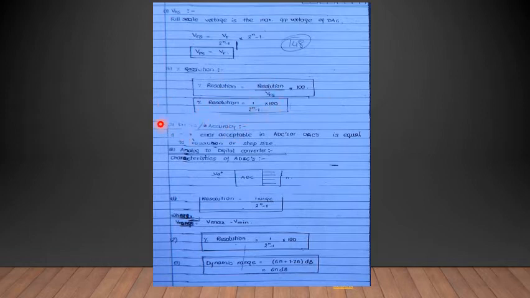So what do you mean by error or accuracy? It is the error acceptable in ADCs or DACs, both equal to resolution or step size, because that is the minimum possible error which will happen in digital to analog converters. Okay, so these are the analog to digital converter characteristics which we will discuss in our ADC talk.